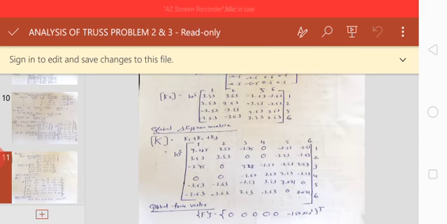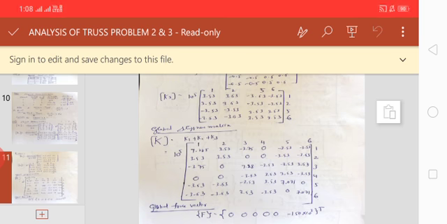Now, how to get my global stiffness matrix? The global stiffness matrix can be obtained by adding the stiffness matrix of the first element, the second element, and the third element. I have written directly 1 2 3 4 5 6 along the rows and columns for the entire structure, because by seeing the figure we can easily tell the size of the matrix. 10 to the power of 5 is common. There is no rule that you have to maintain 10 to the power of 5; if you maintain 10 to the power of 4, well and good, but keeping it common for all the elements is helpful for adding them. I have taken 10 to the power of 5 common for all three elemental stiffness matrices.